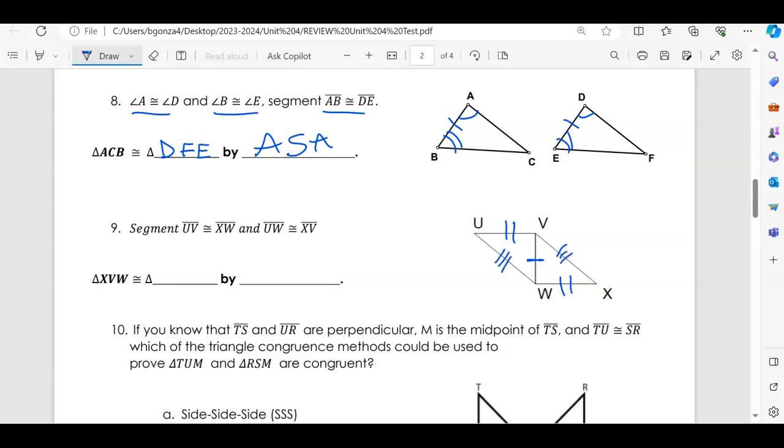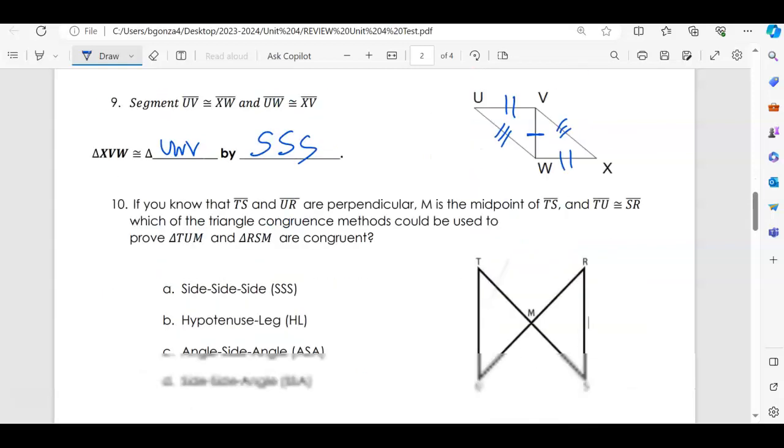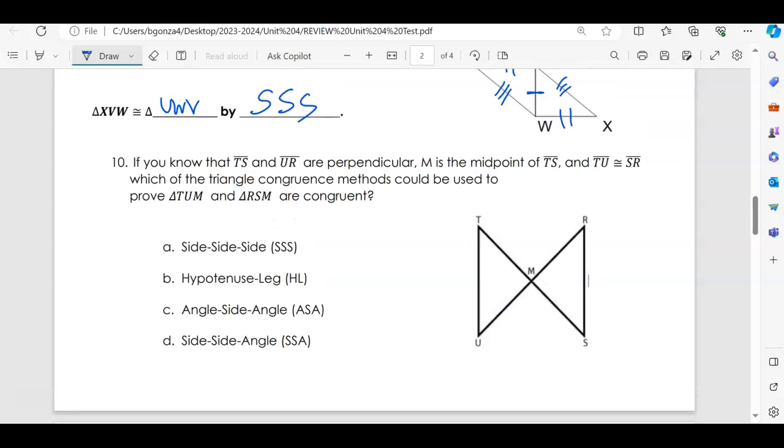All right, UW, XV. So if I look at it, all the way around is side, side, side, right? Side, side, side. XVW has been rotated, so it's going to be UWV. All right, number 10. If you know that TS and UR are perpendicular, you can